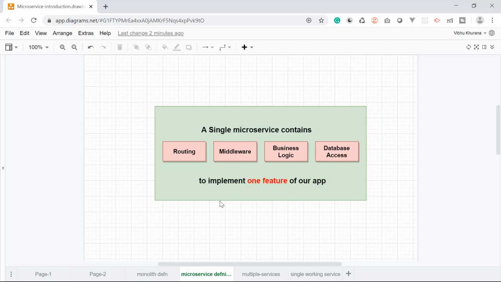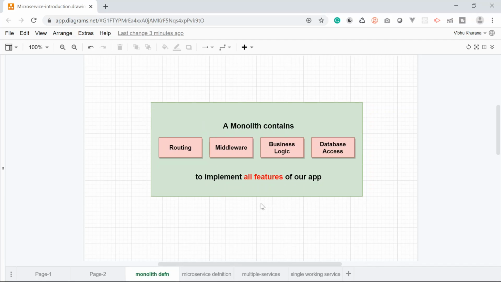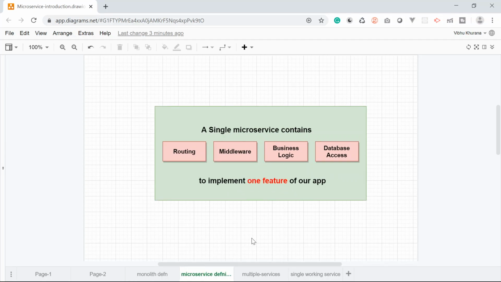We would say that a single microservice contains all of the routing, all the middlewares, all the business logic, and the database access required to implement one feature of our application. That is the big difference. In the case of monolithic architecture, these components work for all the features of an application, whereas in the case of microservice architecture, all these common components are used to build only one feature.